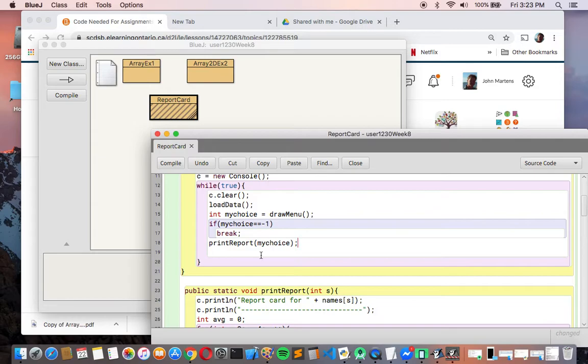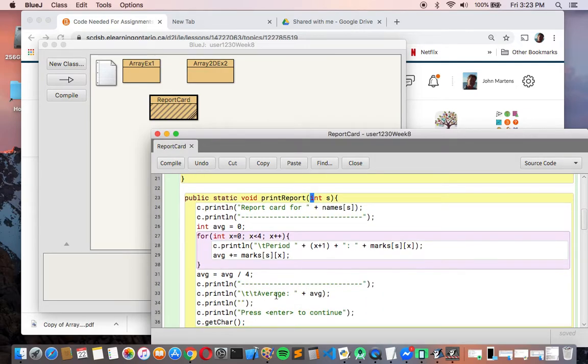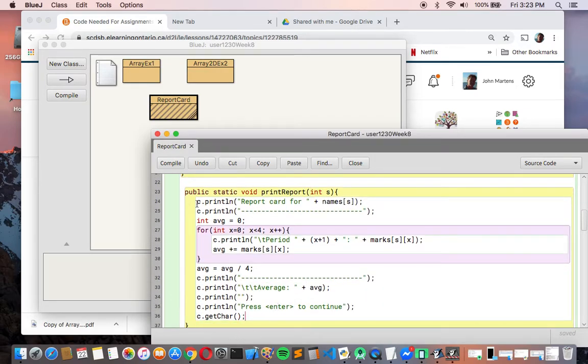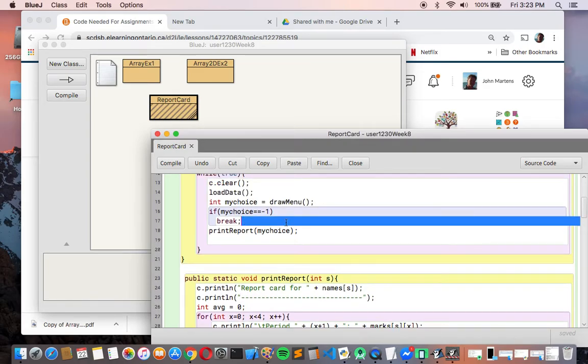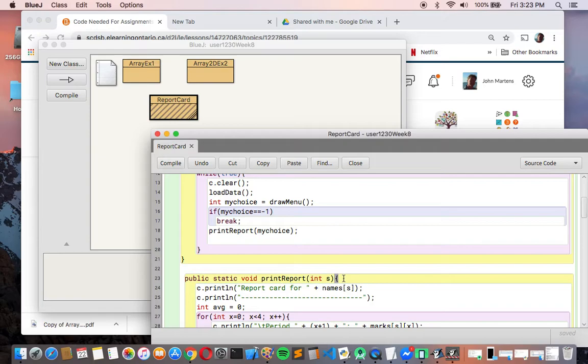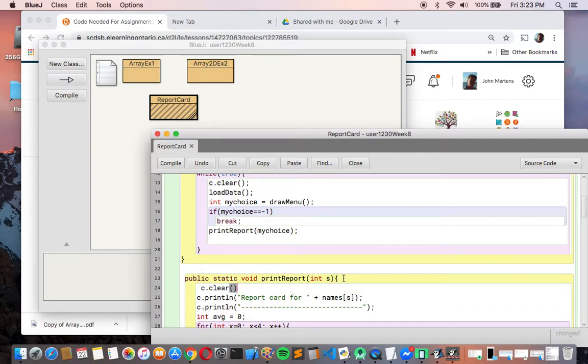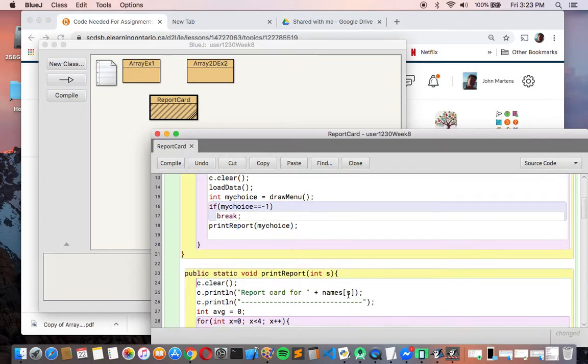Okay, so it's going to print this report card, and it's going to send in the choice that I made. All right, and then once it prints it, it's going to pause, and then it's going to basically come back up. So maybe the first job of print report will be another c.clear. We want a clear screen for the report card. So we'll clear the screen, print the report card. When they press any key